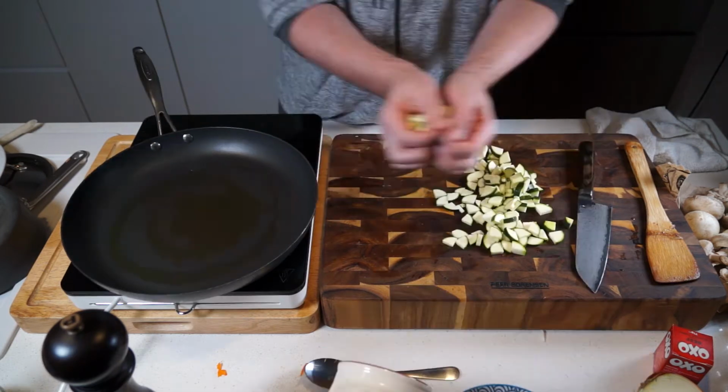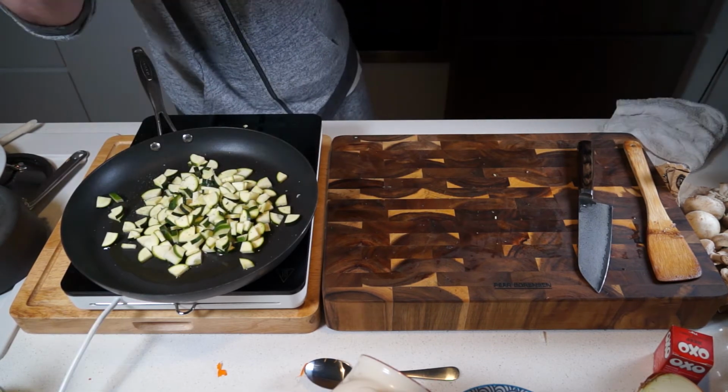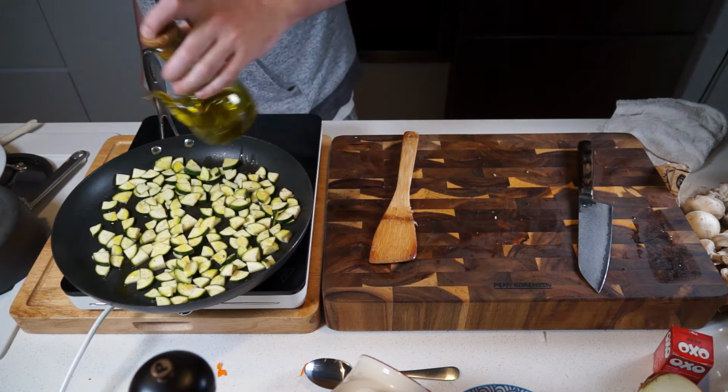So it's just what I kind of had. This is a really good filler for what you've got in the fridge. We're going to get the courgettes on a medium to high heat this time. Bit of salt, bit of pepper. Give them a toss. Let them sit there for about 5 or 6 minutes just to get some colour on